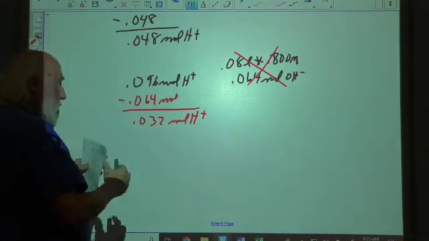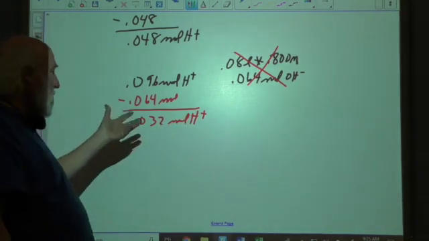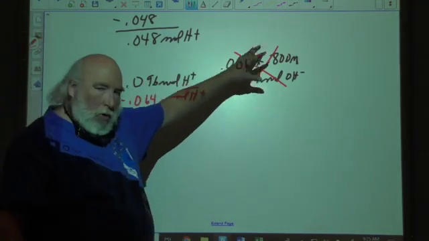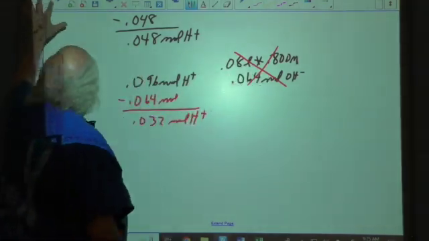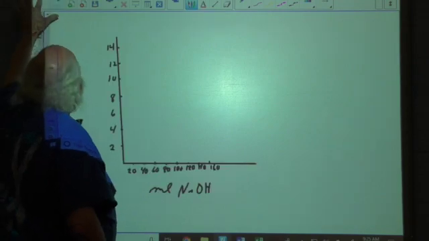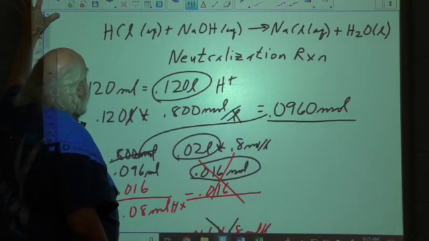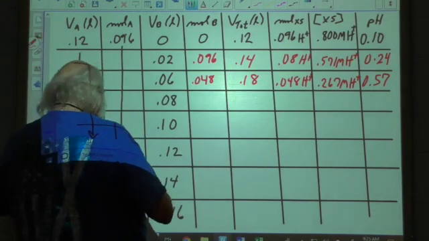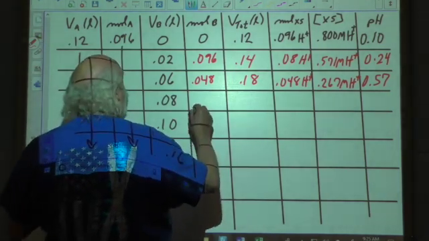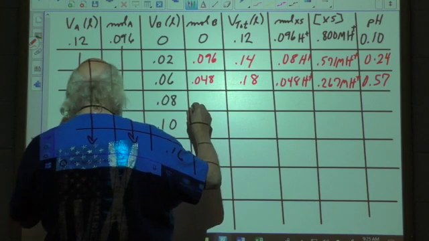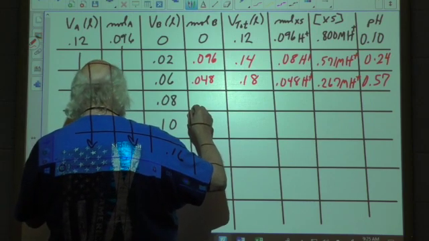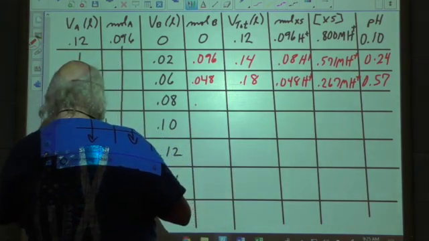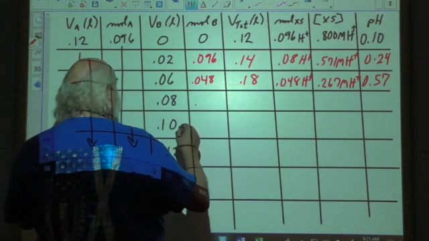So when these two get done reacting, we still have an excess of H positive, but it keeps getting less and less each time because we keep getting more and more base working against it. And I did it again, going the wrong direction. So this is going to give us then, we said that the base for this was 0.032, no we didn't. We said it was 0.064,